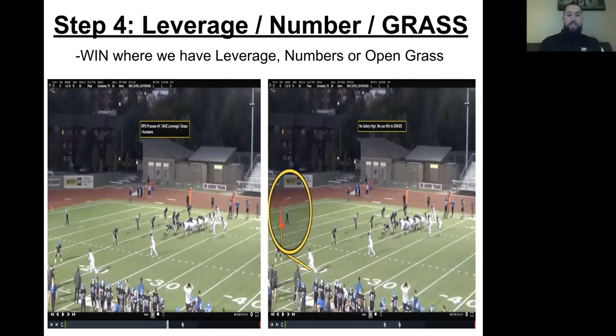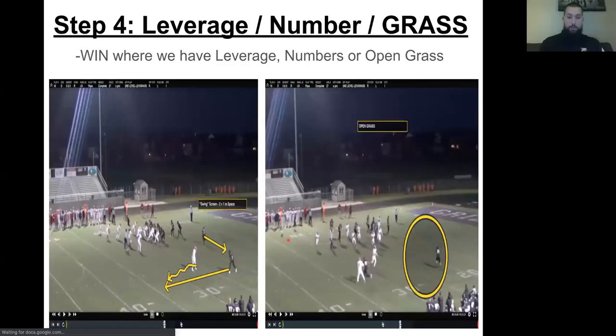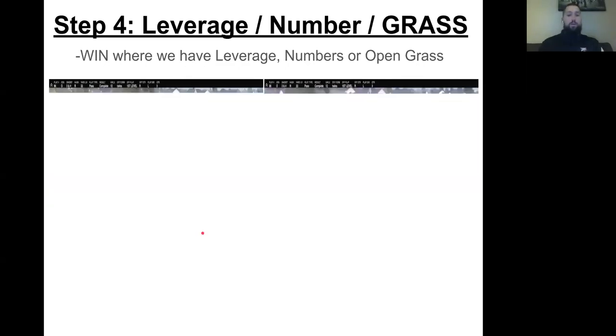Okay, if they want to go no safeties high, because we're now in the red zone and that activates whatever it activates for them schematically, and they want to stop the run, no safety high, just pull the ball out and win the grass, right? We've got a bang post on out there. We're running push motion out here, and they've got a corner boxing us with inside leverage who's going to bail. He can't even see because his back's turned, right? And they want to be this heavy in the box, and it's 1 to block 1, and we get our best athlete in space with the ball. We're going to go win with open grass.